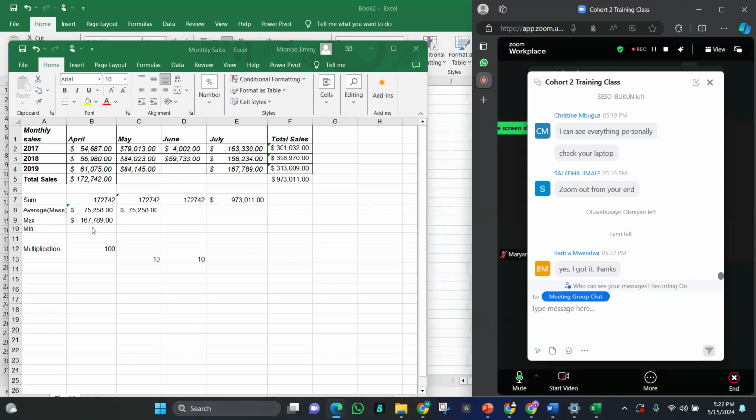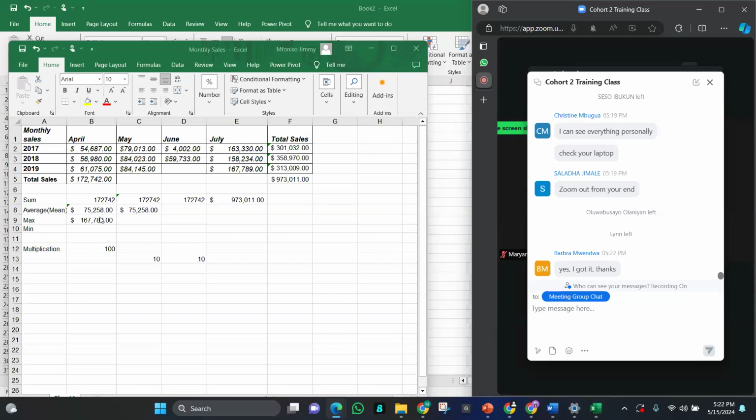Okay, you're welcome. Then the max. Max, like I said, is the highest value, while min is the least value. So in this case, our range is between April 2017, our starting point, and July 2019, our ending point.